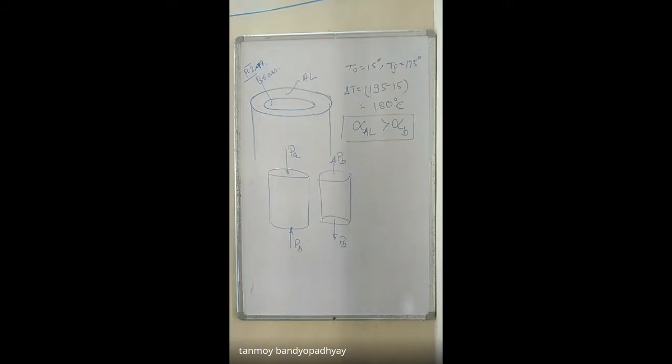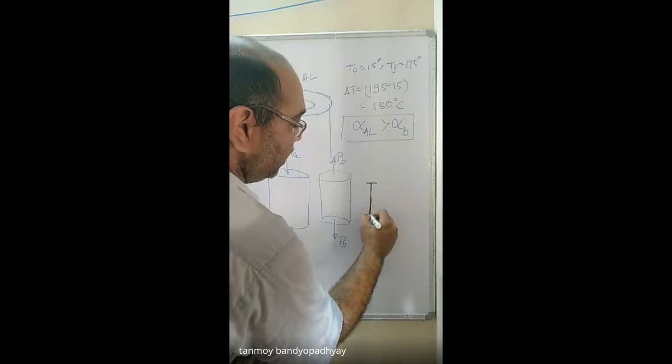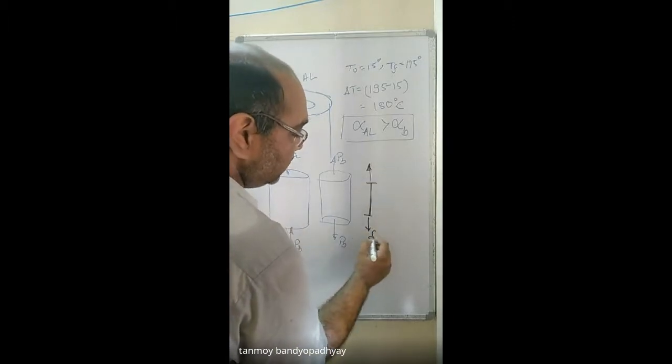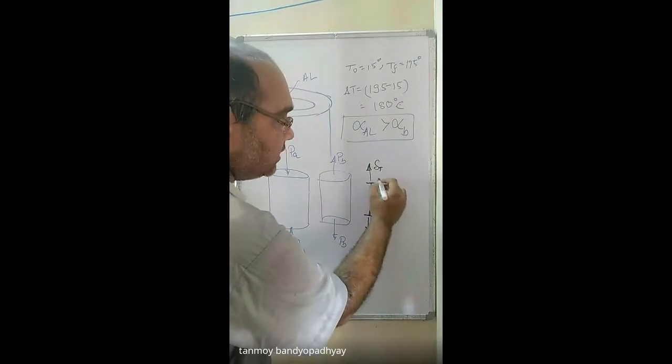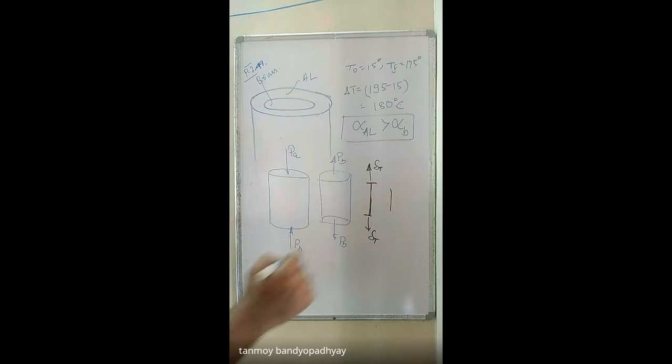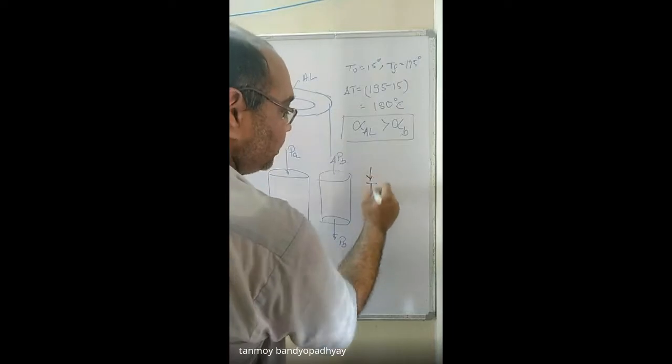এটা আরেকবার বলবেন? Since if you compare the values of alpha, the coefficient of thermal expansion, you will see that aluminium is having a higher value of thermal expansion compared to the brass. We are considering only axial deformation, nothing else. So if I consider the aluminium part, aluminium is trying to expand. It is trying to have a tensile expansion. But since it is attached to the brass part, the brass is trying to pull it down. So it is always under compression. So that is why, since it is trying to expand, it is under compression.